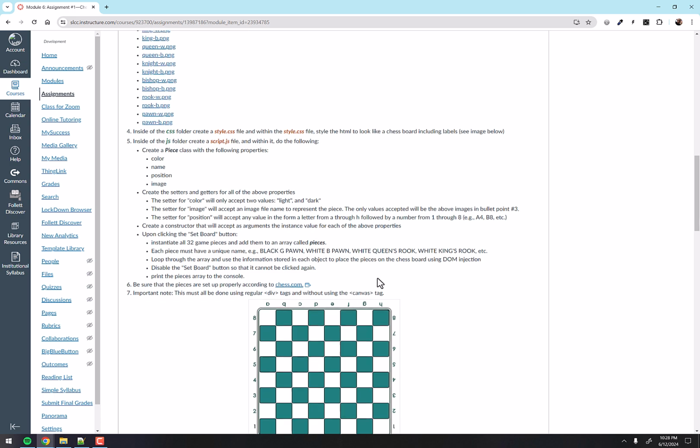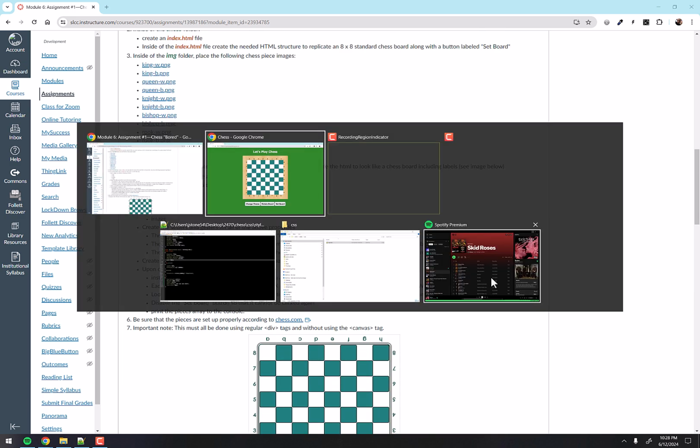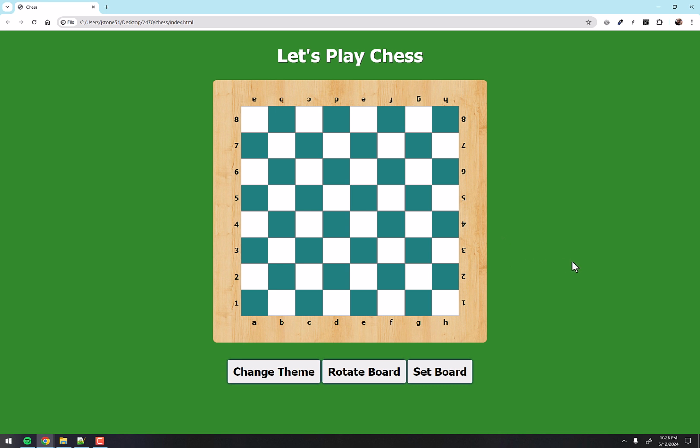You'll be creating a chessboard, and then the advanced content here. So let's walk through a live version of it right here. So again, this is my version. Make your version look better, look different, look like your personality, your style, your sense of design, your desire for a good user experience. And what we got here is a board that looks like wood, I think. And notice that it is labeled with the rank and files, the A through H and the 1 through 8, and that's required as part of the assignment.